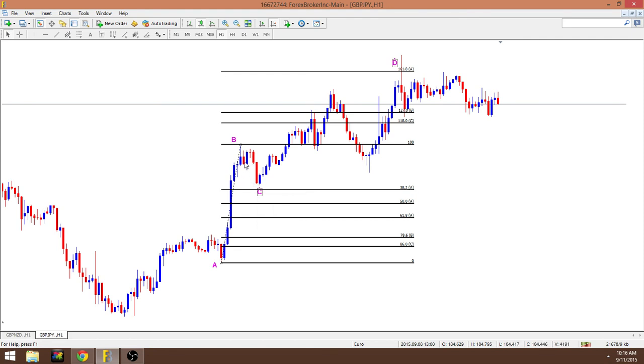Like I said, sometimes it just retraces this little candle and then starts shooting up. Sometimes it retraces down, sometimes it just keeps going up. We don't know. That's the beauty about this. So once you see it retracing, you don't want to jump into it because they hit the 38.2. Okay, you want to wait for the next candle to pop out. If it's a blue, I will most likely go and enter the trade,